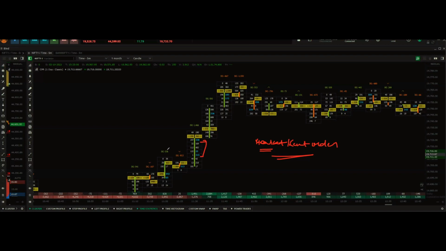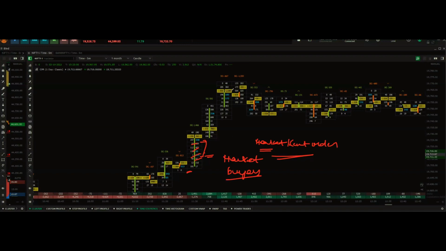And these kind of orders, even though they are smaller orders, they still are greater than the orders present on the other side. For example, in this bar, if you see 40 bids, 315 asks, 315 is greater. This rather implies that these orders are rather small, but at the same time they are greater than the orders present on the other side. Because these orders are showing up on your ask side, these are market buyers or aggressive buyers who are buying into the markets.